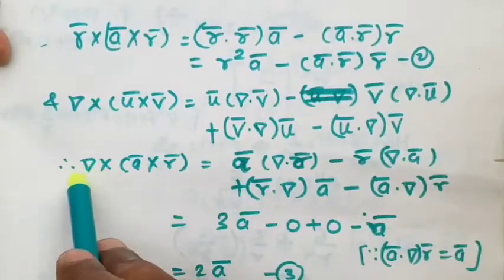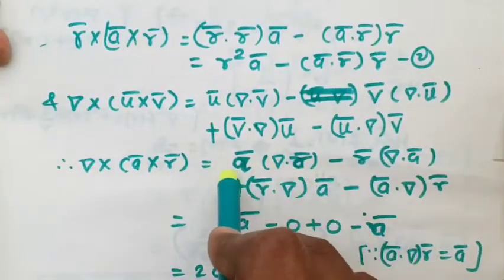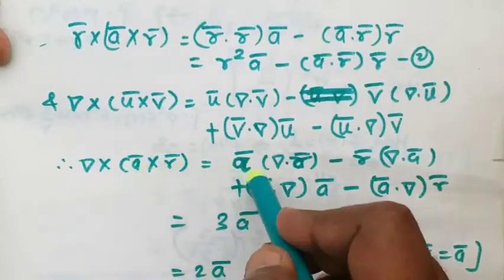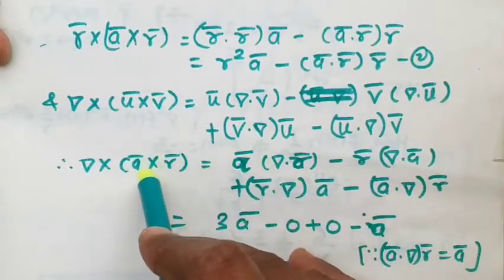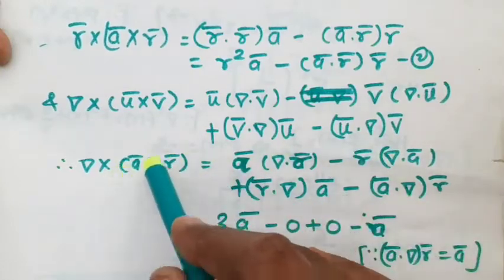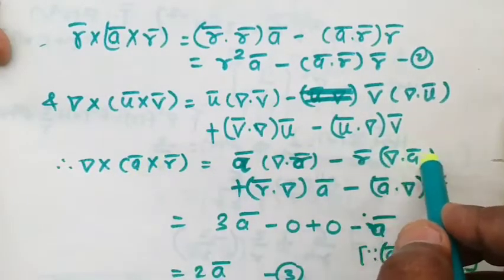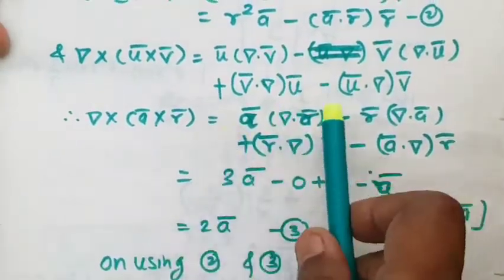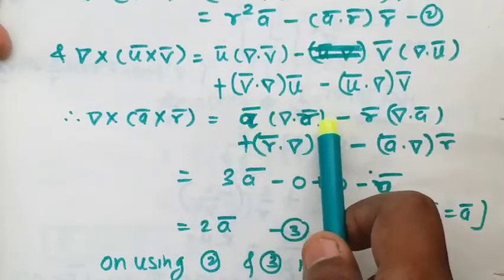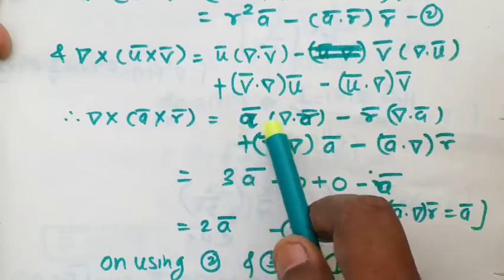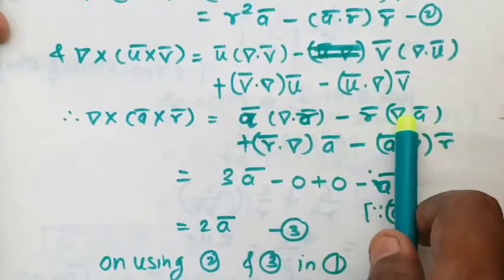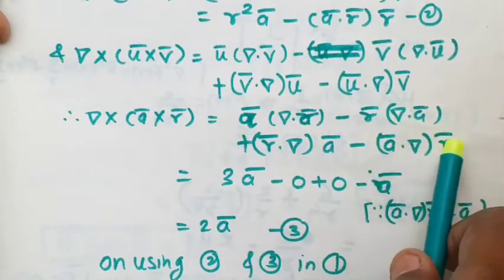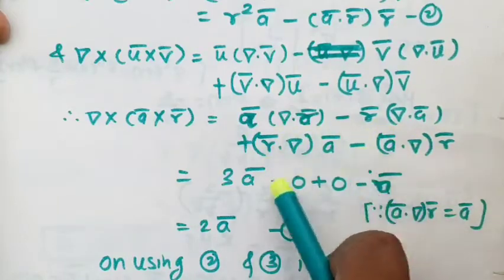So again, first dot third, del dot r bar, and a bar before. Okay, first dot third into second vector, minus first dot second, that is del dot a bar, into third. Now again just reverse the order. Plus, this is a plus term, this is a plus term. Reverse the order: r bar dot del a bar, minus, reverse the order of this vector, a bar dot del r bar. Now these four quantities we have, let us calculate them.